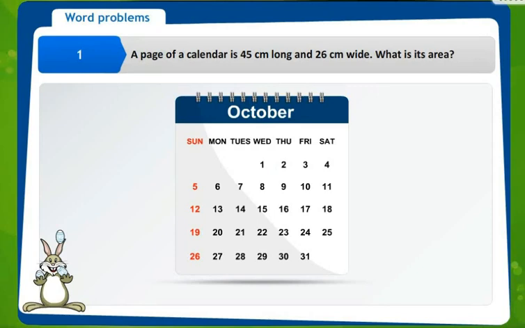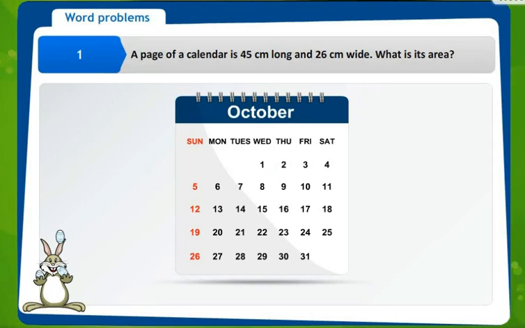Now there is a difference in the units for the perimeter as well as area. Perimeter is measured as sides are measured, since perimeter is the sum of all the sides, and since area is two-dimensional, the units of area will be centimeter square if centimeter is given, meter square if meter is given.